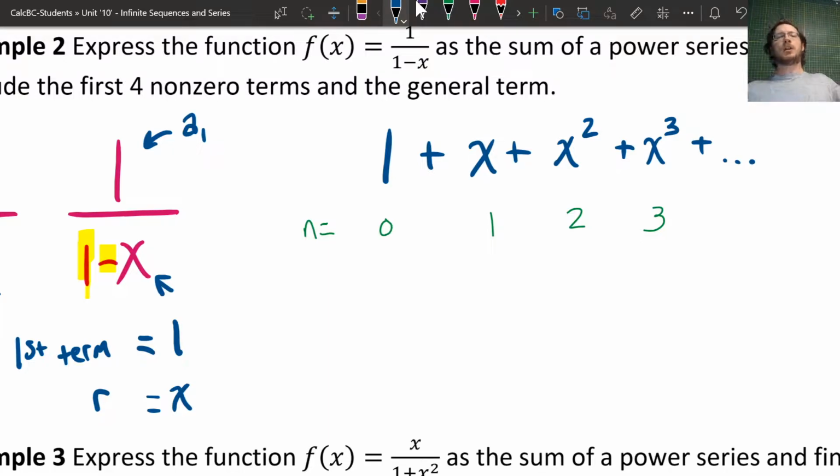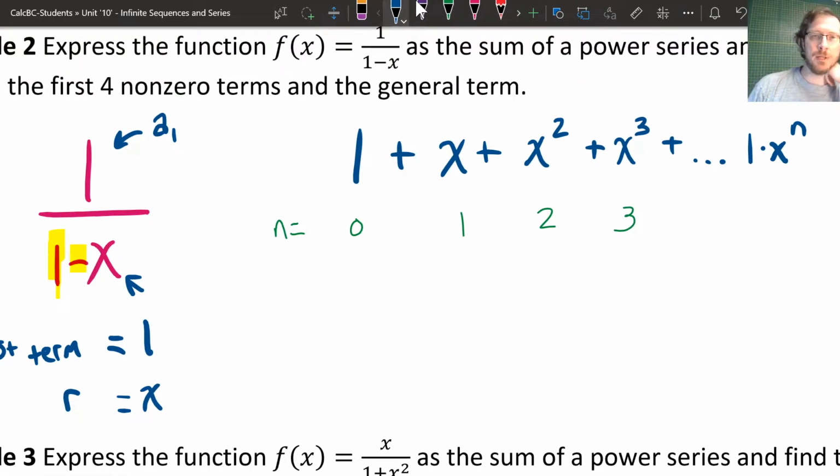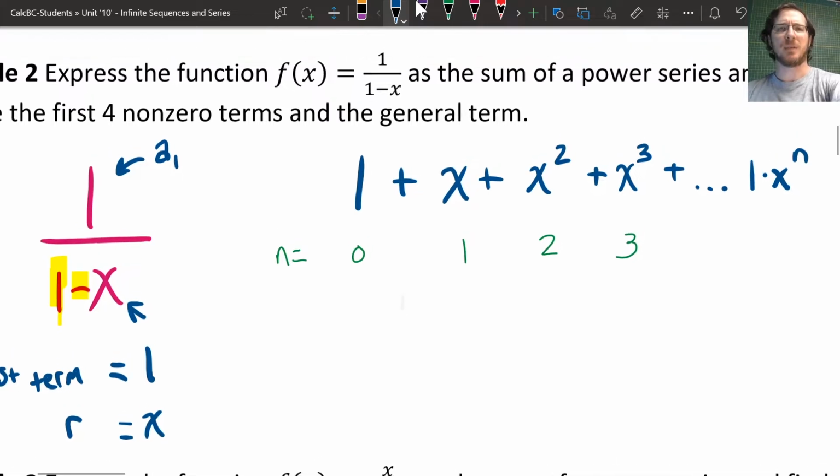And so on. And they want us to find the general term. So our general term, it just looks like we're doing 1 times x to the nth power. Okay, that's our general rule for that one. Looking at it from a geometric standpoint, our initial value and our r value to the nth power, again, starting at n equals 0. All right, so we've answered the question, but let's kind of step back and see what this is